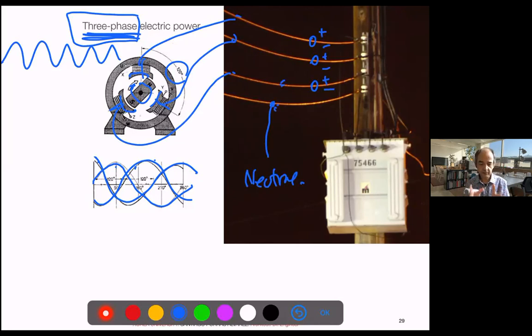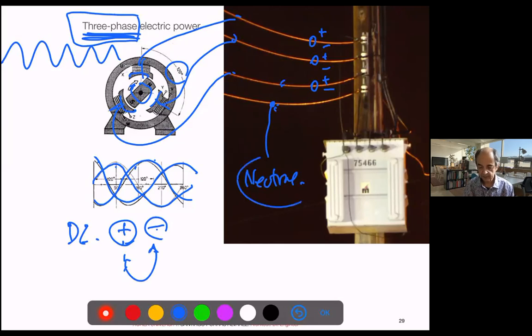Right? In continuous power or direct power, DC, direct current, you have always plus and minus. And plus is the one which has the power and which hurts when you touch it. The minus is just receiving the electrons, right? So you don't have any shock. So that's the case of the neutral here.